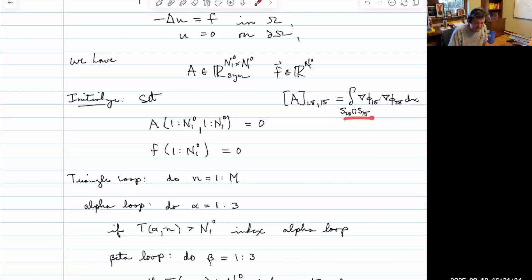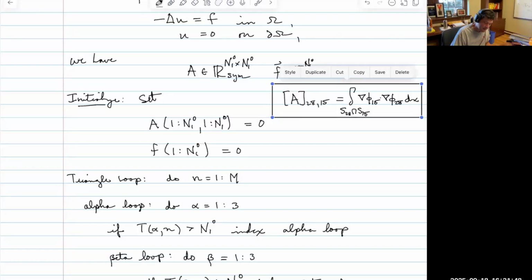Maybe this has 2 triangles in it. Maybe it's got 10 triangles in it. I don't know how many triangles are in the intersection. I know there's a finite number of them, and I know I can always figure out that information from my mesh. So for example, we want to calculate something like that, and we want to use the local stiffness matrices to do that. The idea is, once I break this into these individual triangles,